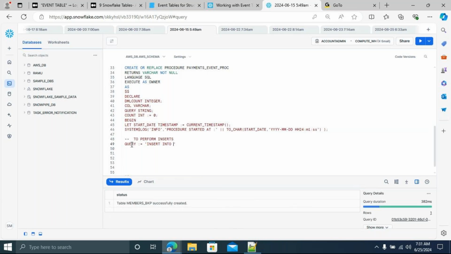Without giving database name, schema name, nothing, you will provide, it will directly give the target table. AWS DB and then AWS schema dot members BKP.